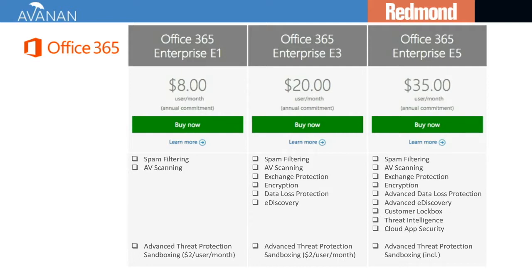Again, 10 years ago, signature-based antivirus was the minimum level of security to prevent malware. But now you're seeing almost every attack is some sort of zero-day attack. So malware sandboxing has become a minimum industry standard to prevent malware. This is why Microsoft offers this advanced threat protection sandboxing for basic accounts, even though it adds another 25% to the monthly user cost. You see there, like in the E1, it's $8, but at the bottom, the APT is an additional $2. One added complication is that this matrix of security services is constantly changing.